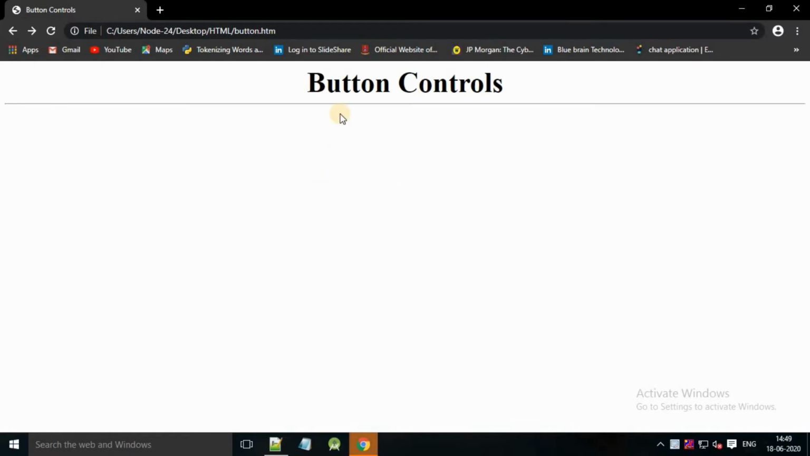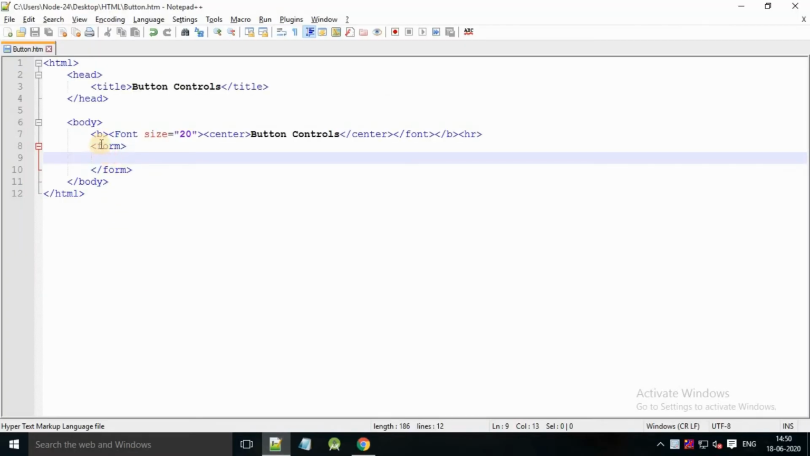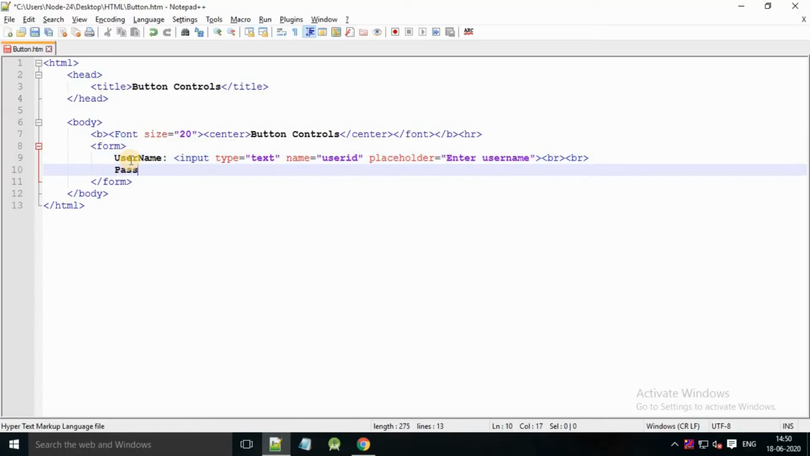Another control, the last one, is a button control in a form tag. Here created in a form tag for a user name, an input text, a single line text box, input type is equal to double quotation text. Second control is your password. Input type is equal to password, name is equal to password. Then another BR tag and another